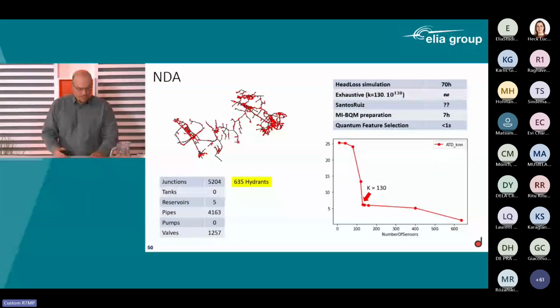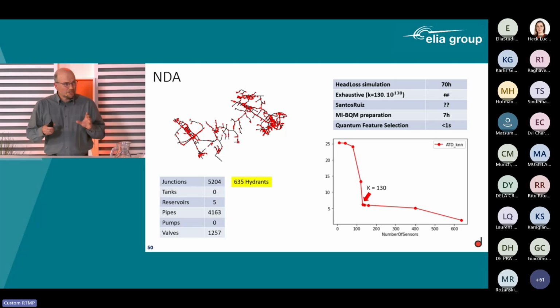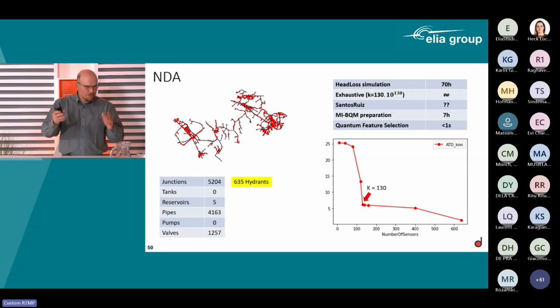And then actually the area that we wanted to simulate was based on 5,000 junctions. But that was limited in the possibilities. Where do we have reach to actually put a sensor? So there the water group said we only want the locations where there are hydrants that are accessible to us. So we limit the value space to 635 hydrant locations. So the QUBO was reduced by that.